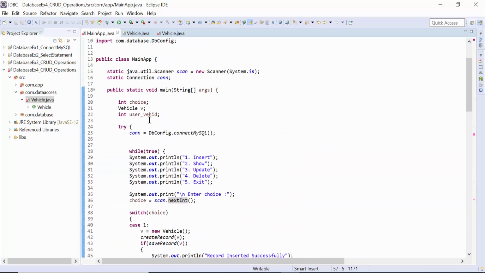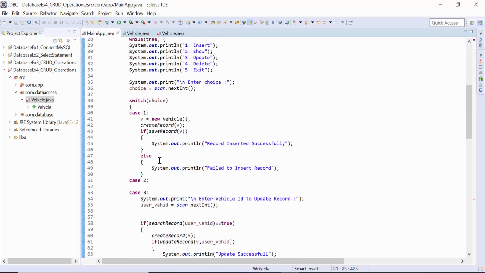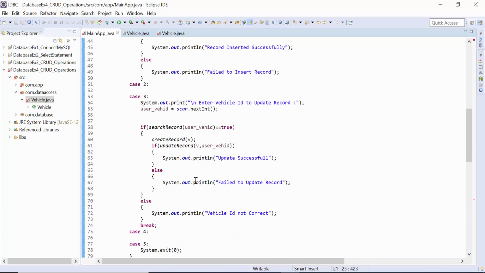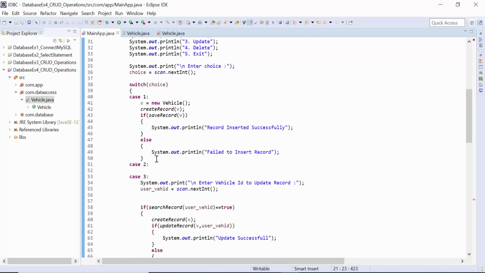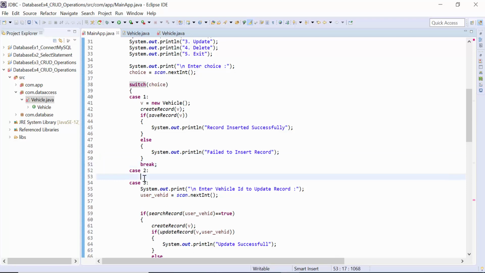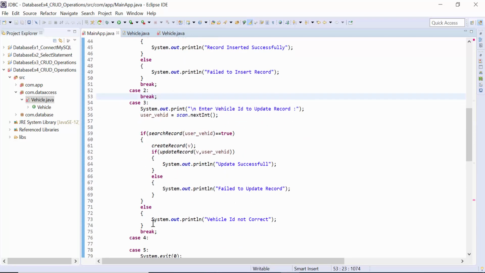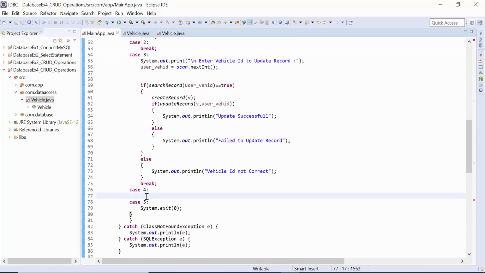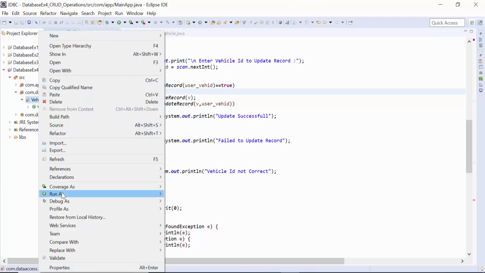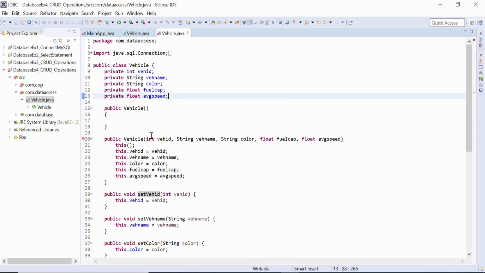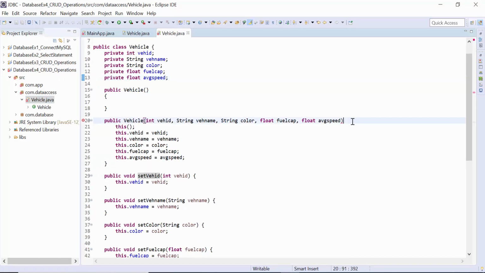Okay, so vehicle object: see, v is an object, and this v object we write as null by default just to avoid errors. And let's test the application. Here also we write a break keyword. Here also we write a break keyword. Later on we'll discuss that. And this also we write a break keyword. Now we just refresh this project. It says error here, somewhere we are facing an error. So this part says error. Let me see what happened. A token is wrong, something is missing here, and maybe the brackets are wrong.